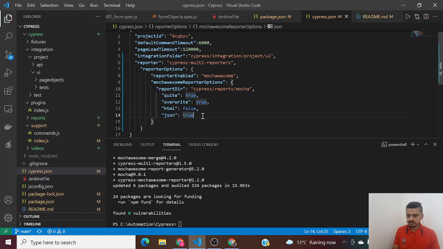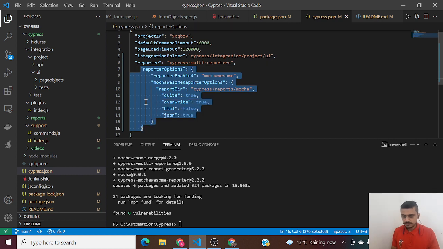Just hold on for a second. We will observe the reports folder and then we will also walk through what these things are in action. So this is the configuration, guys. Again, you can copy from GitHub from here to here, and you might have to change a bit on your integration folder.